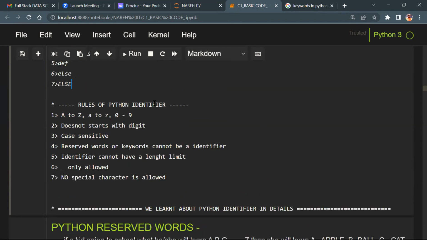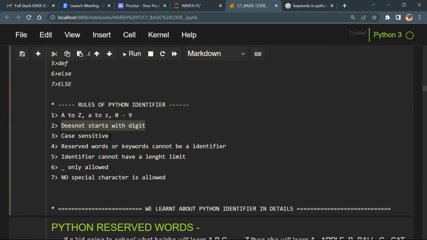Rules to define a Python identifier anywhere. If you go to America, same concepts for identifiers. If you go to Australia, same concepts. Understand or not, guys? Now, A to Z, small a to z, 0 to 9, you can assign as an identifier. Am I correct or not? Second point, it does not start with a digit, isn't it? It is case sensitive.